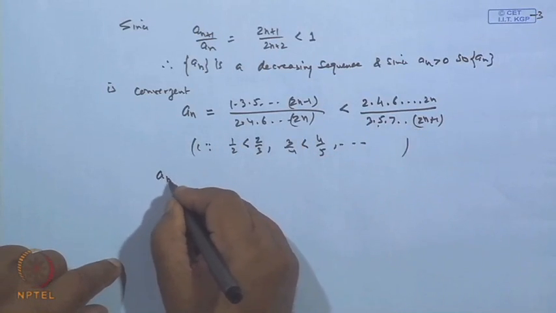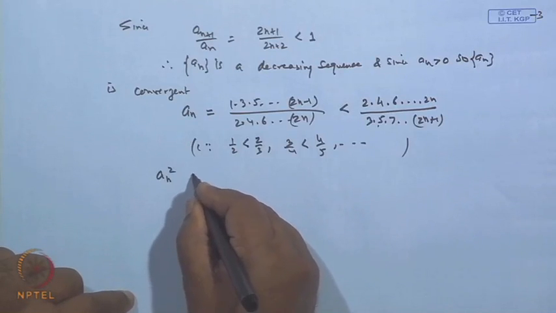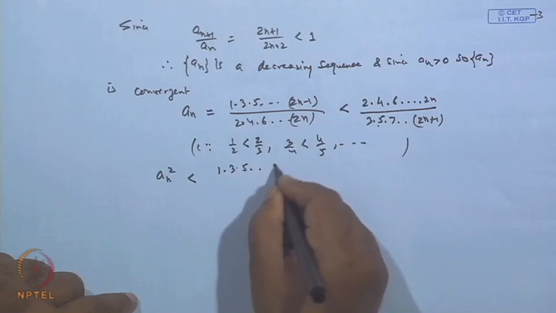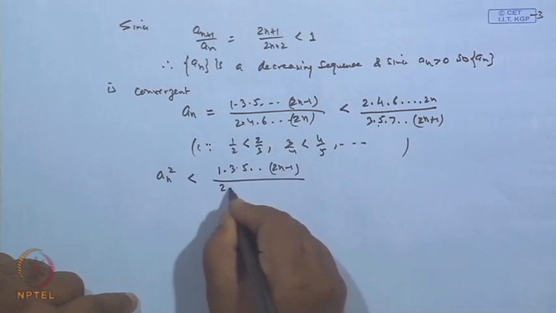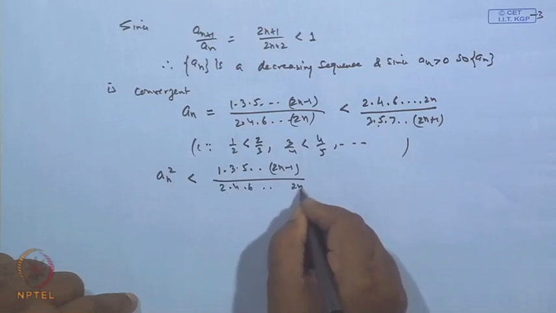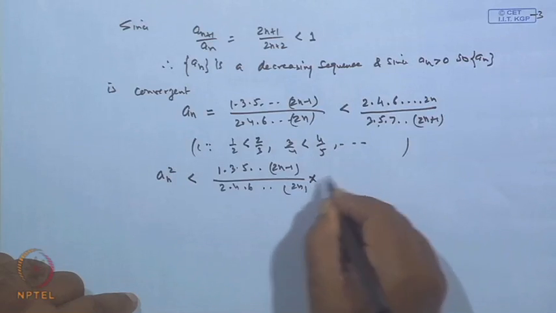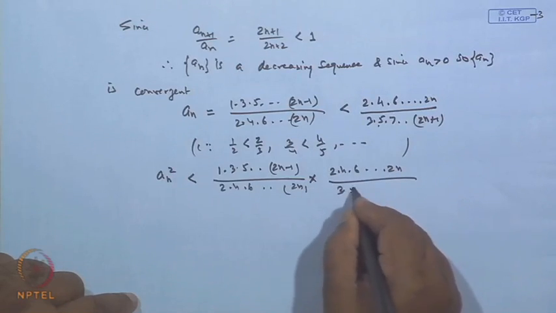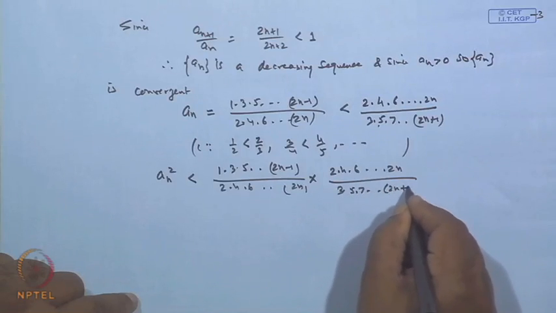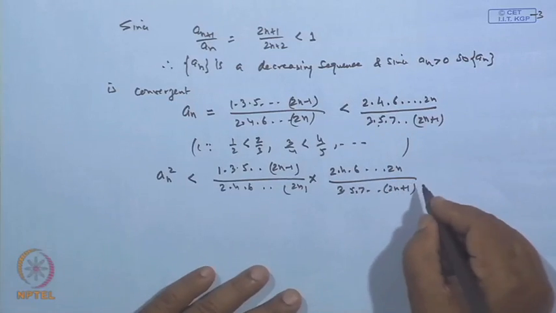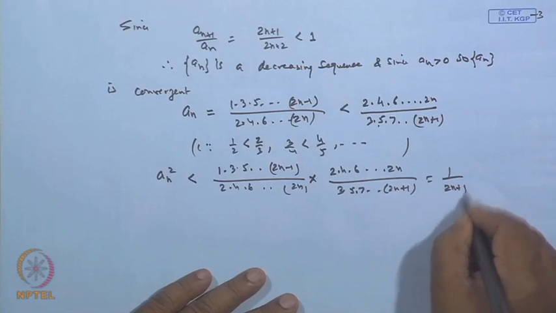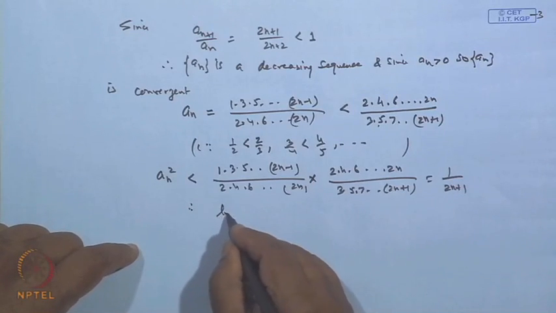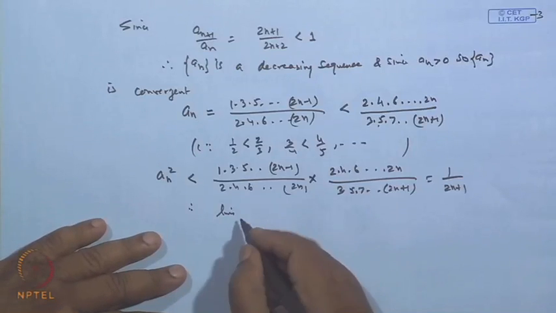Okay. So, a_n is less than this, a_n is this. So, a_n square will be less than the product of these two: 1 3 5 ... (2n minus 1) over 2 4 6 ... 2n, into the product of 2 4 6 ... 2n divided by 3 5 7 ... (2n plus 1), and that comes out to be 1 over 2n plus 1. So, a_n square is coming to be less than 1 over 2n plus 1. Therefore, the limit of a_n square is tending to 0,